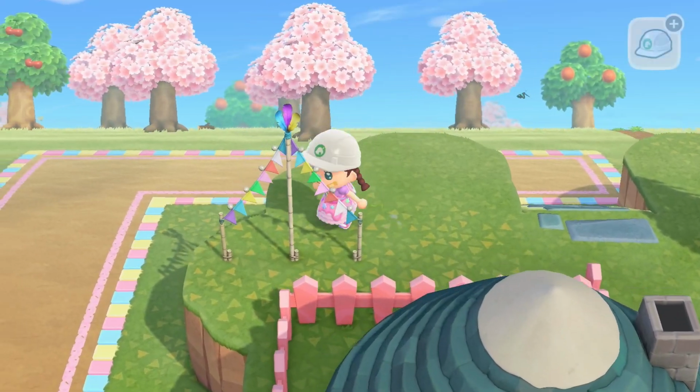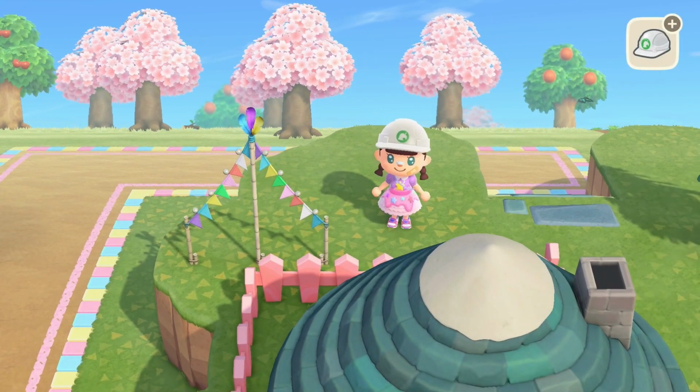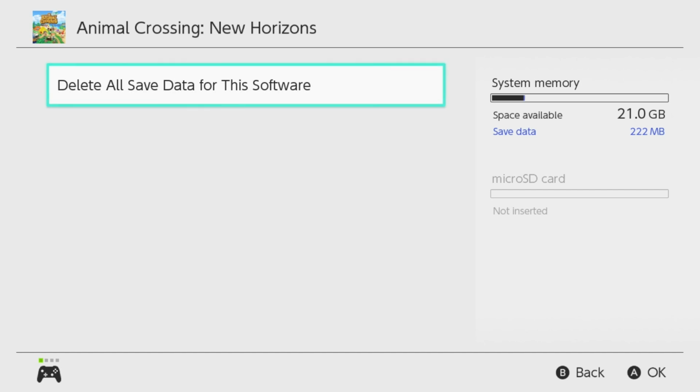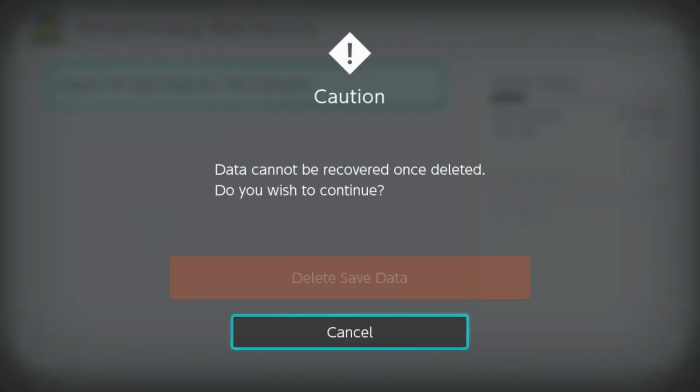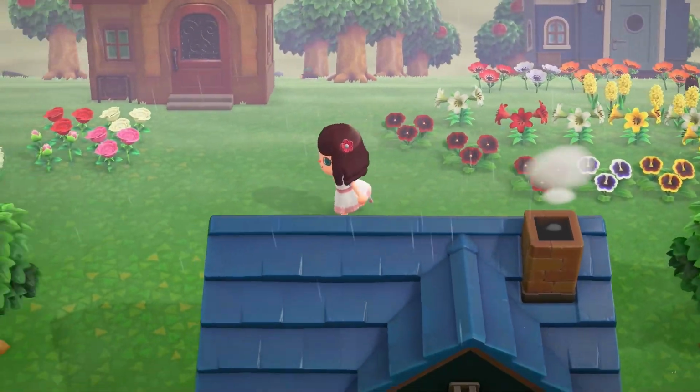If the changeable parts of your island are the issue, then you can always move them around and re-terraform until it looks like you want. But if it's the location of your resident services or the size of your beaches which is the problem, then you will have no choice but to delete your save data and try another map. Don't make the mistake of settling for a map which you aren't happy with.